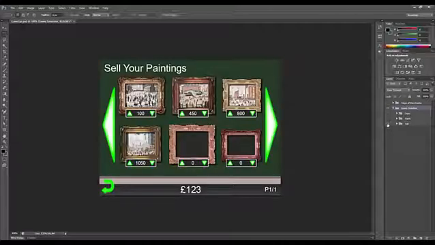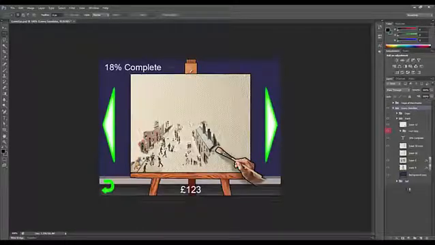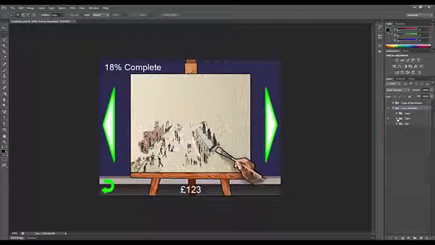Now, I made a group for the logo, a group for painting, and a group for selling. Selling screen looks like that, but I'm going to put the painting screen on, and I'm going to show you how this layer is made up. Just using these little arrows, I can open and close. I can change colors as well, so if I want to make sure I can see the painting screen, I can make it, I don't know, blue, and there you go.